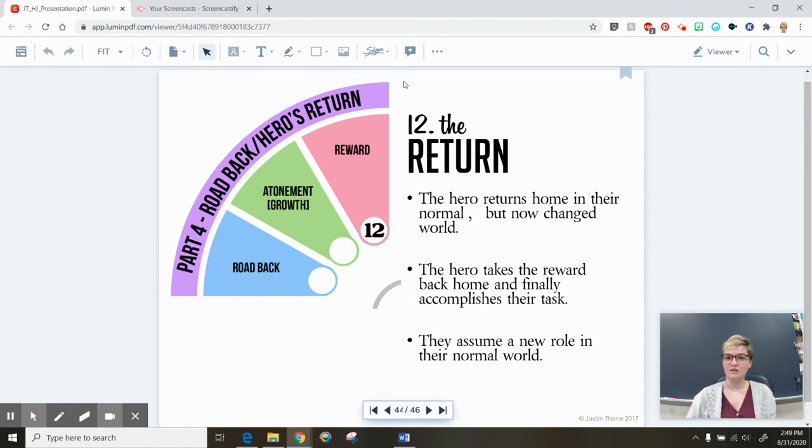So that's not something that he's sharing to make the world better. But when Harry defeats Voldemort at the end of book 7, movie 8, obviously the entire world benefits from Voldemort no longer being in power and no longer existing. So they're going to assume a new role, maybe just the celebrated role of a hero. Sometimes they come back to a parade, but they need to return back to the place where they came from.